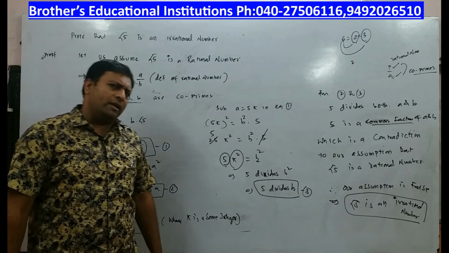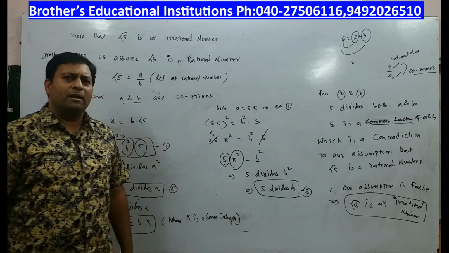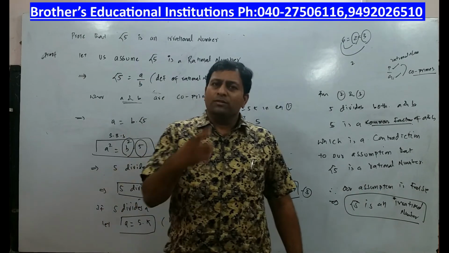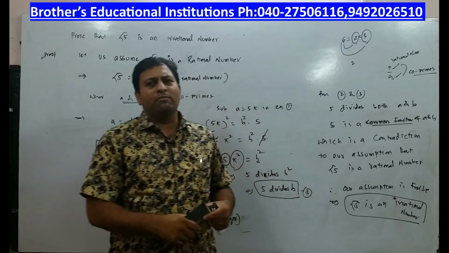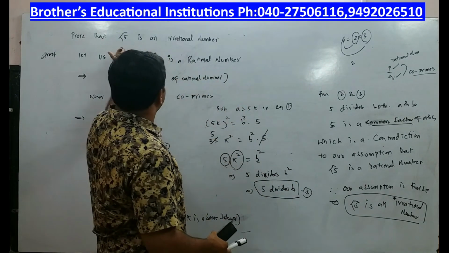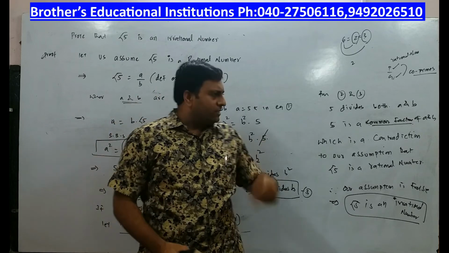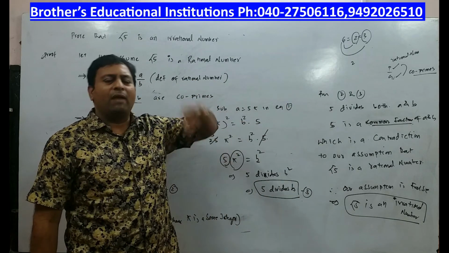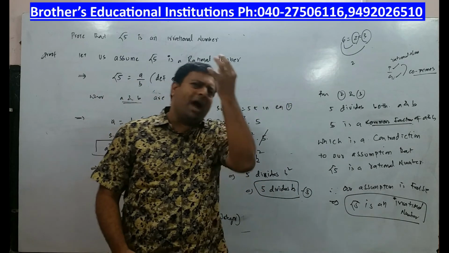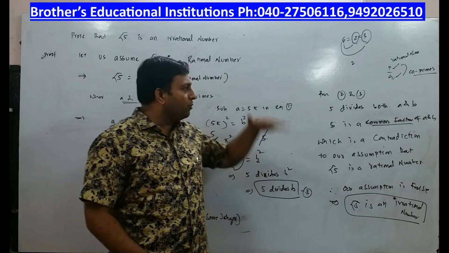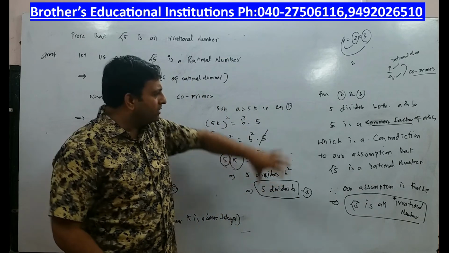So children, this is the way you prove this particular problem, and it is a very, very important model which regularly comes in your 10th standard board paper. So we have seen that in the previous problem we have proved root 5 is an irrational number. Now keeping the same steps, we will do some other problem, and you will understand how easy it is for any child to practice this problem. What is important is the procedure.